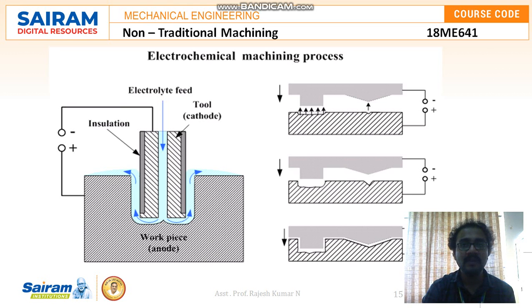And even when we are choosing electrically conductive materials, we should be aware that some materials may be highly positive and some materials may be highly negative. I'm talking about the ionic nature of the metals. If I'm talking about metals which are highly negatively charged, it may be copper, gold, silver, aluminium. Such kind of metals I can use as a cathode. And some materials which are highly positive in charge, it may be ferrous and all the steel alloys. All those things I can use as a workpiece, that is nothing but the anode.